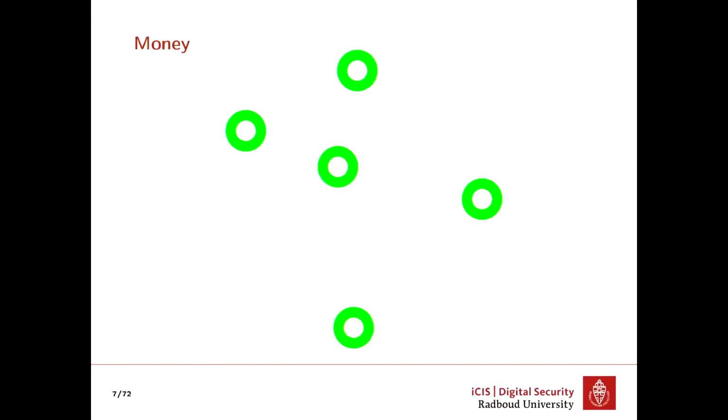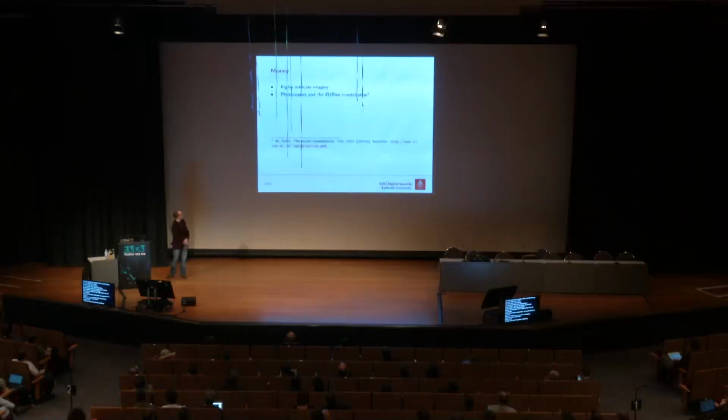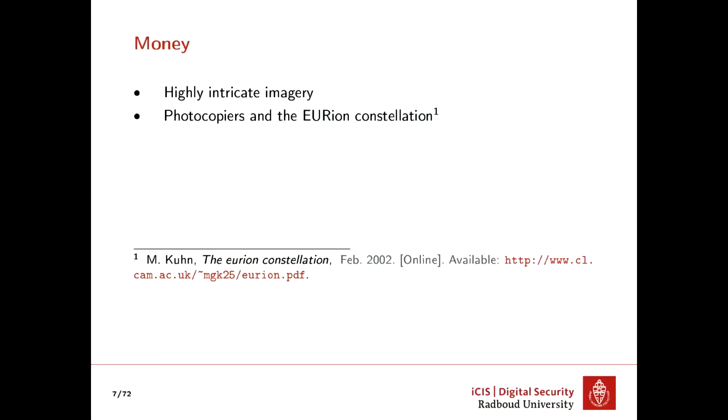Then we fast forward a few centuries, and I would like to know from the audience who has ever seen this. Quite a lot. Can anybody tell me what it is? The Orion constellation. It's intended to prevent photocopiers from copying your money. So basically, when the photocopier detects this thing, it will just say, I don't want to copy. You can actually use this on your own stuff if you want.